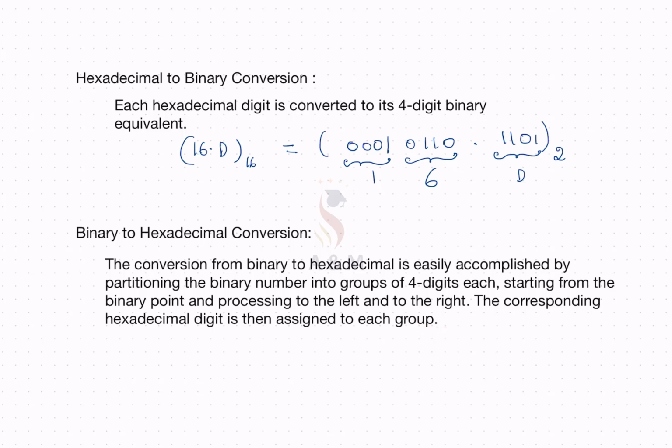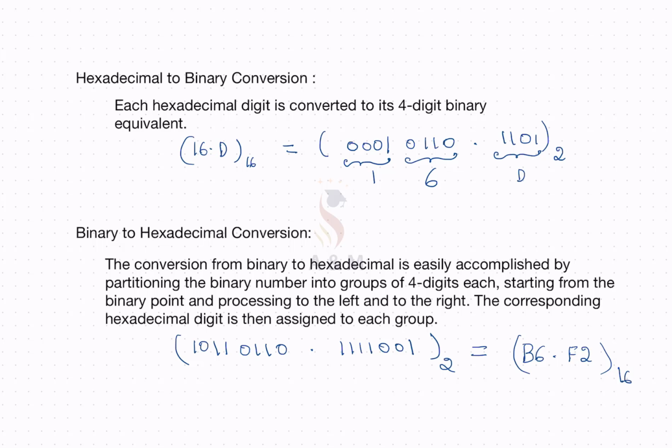Example 10110110 dot 1111001 to the base 2. When it is converted to a hexadecimal number, we get B6.F2 to the base 16,